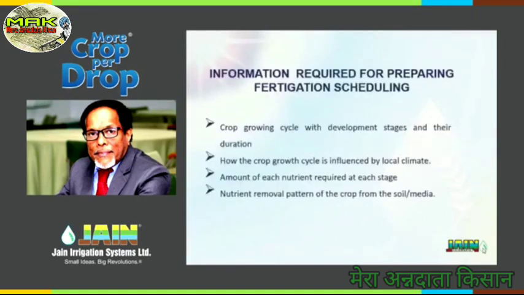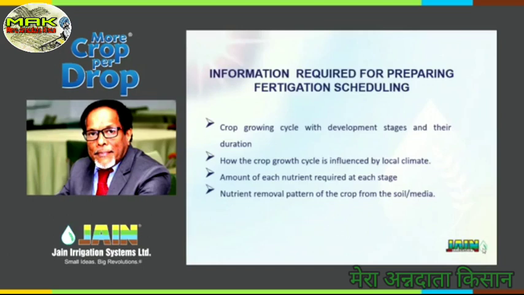Now, to do this for a person like me, we need a lot of information beforehand to prepare the plan. Crop growing cycle: what crop, where, which is the planting date, and how many days it is going to grow. What are the different developmental stages coming as it grows? In a cereal, for example, when does the boot stage come? When does the flag leaf come? When does the tiller start? This sort of information we require. Crop growing cycle with the development stages and the duration. It's true with horticulture crops also.